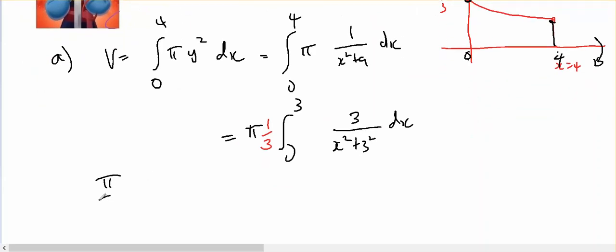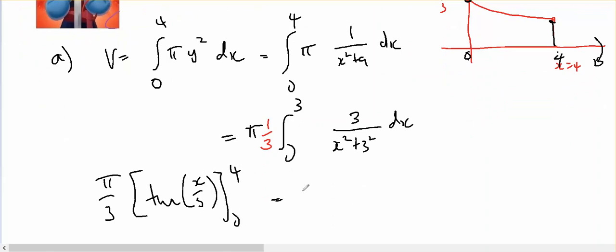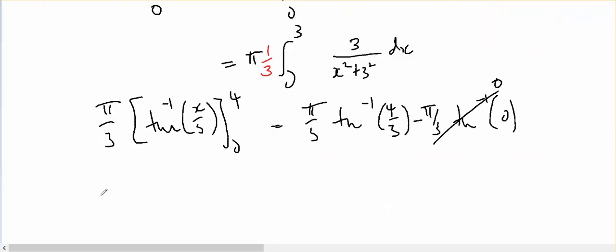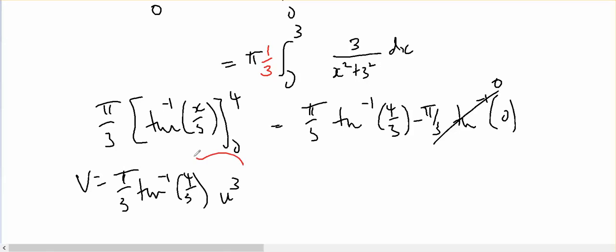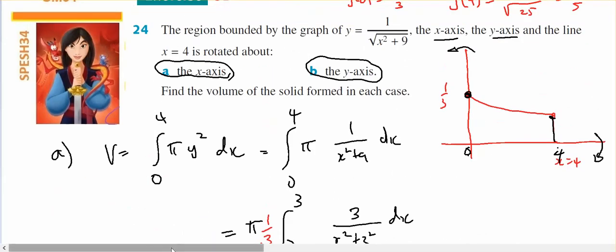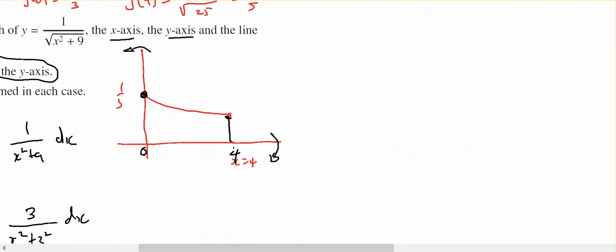which means I get pi on 3 inverse tan of x on 3 from 0 to 4, which is pi on 3 inverse tan of 4/3 minus pi on 3 inverse tan of 0, which is 0. Therefore, my volume equals pi on 3 inverse tan of 4/3 units cubed, as being the volume rotated around the x-axis. If I now rotate around the y-axis,